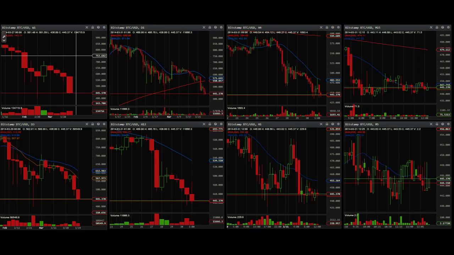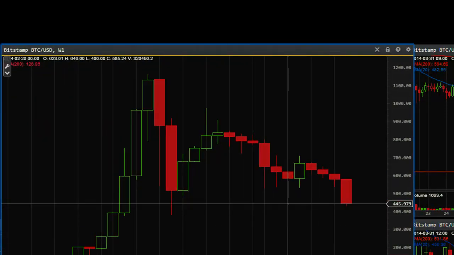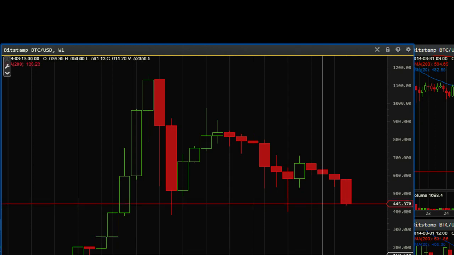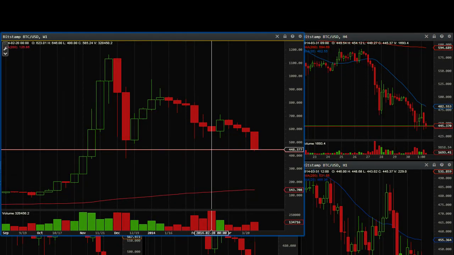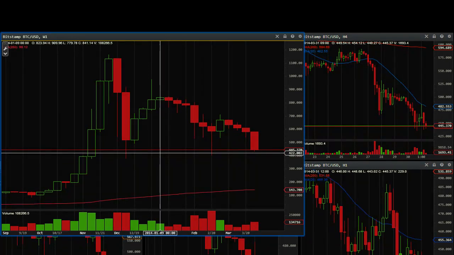So right now, these are the multiple time frames of Bitstamp. As you can see, the weekly chart is still very overextended and is trying to reach the bottom tail support, which is located at 400. The major one is at 382, and the worst case scenario, 143. Yes, the price has enough space. There are no obstacles apart from these points of reaction, or these levels, major supports, that might bring opportunities